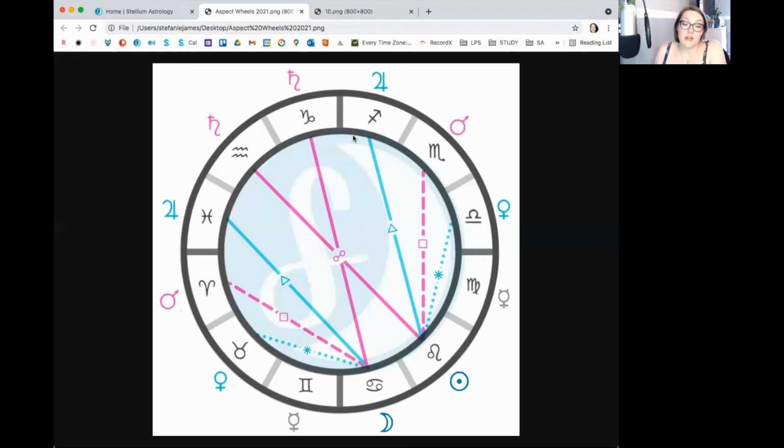And the other thing I will say, and I'm sure that I've said this before, is that just because a square is seen as challenging and more noticeable doesn't mean that it's not going to be better for you than perhaps a trine, which can be easy to allow yourself to get away with things, and a bit prone to laziness and almost, what's the word I'm trying to think of? I always think of it with the England football team, is they get complacent. They'll be playing, they'll score a goal and then they'll get complacent and then they'll concede a load of goals because they just thought they had it in the bag. And that's kind of like the trine. It's like, we've got a goal, well, we can rest now.